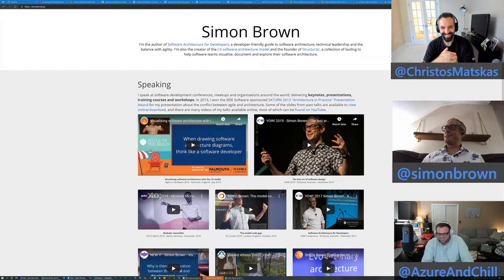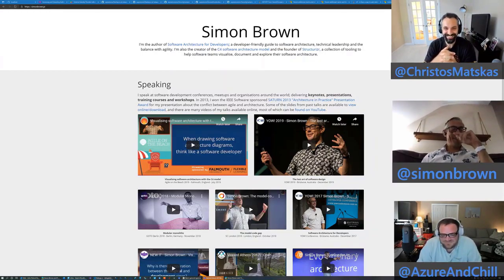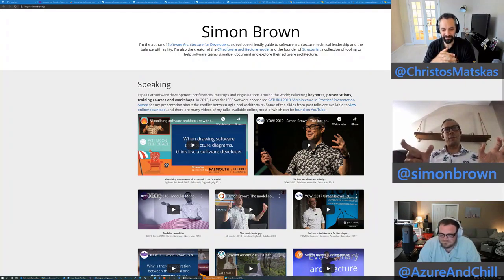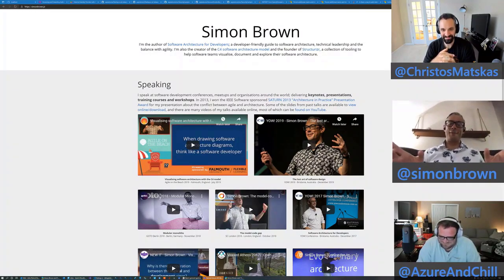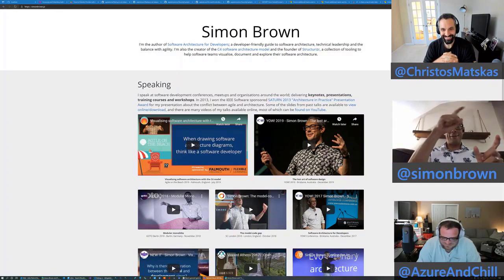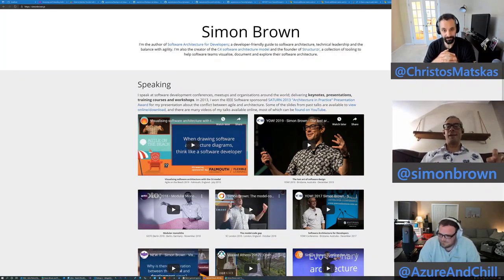Here's a really good example for you. A group, I think last year or the year before, drew a diagram, and it had a box labeled Web UI and another box labeled S3. I'm sure other blob storage services are available, of course. And they had an arrow from the Web UI to the S3 box. And I said to them, that looks fine, but what's your Web UI? And they said, it's an Angular app. I said, okay, where is it running? And they said, in the web browser.